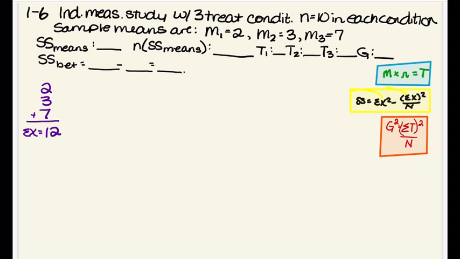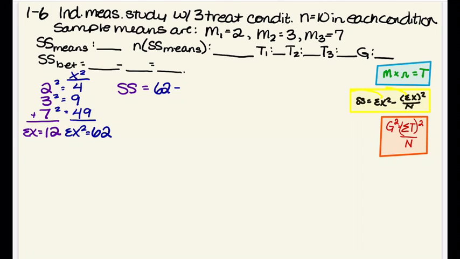We'll add all of our means together and find that the sum of x is 12, and then we'll square each of our scores and come up with a sum of x squared of 62. We'll plug these two values into our sum of squared deviations calculation, where 62 minus 12 squared divided by 3